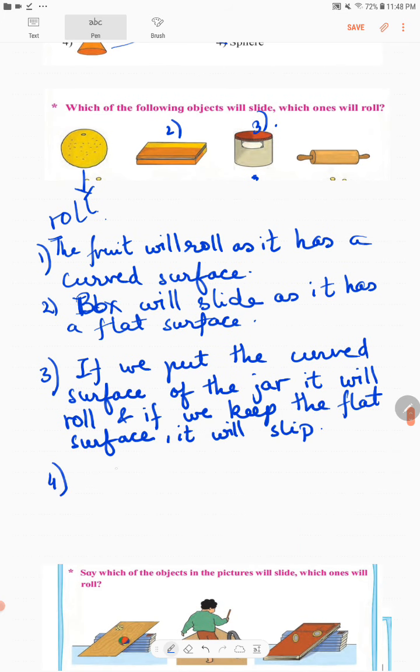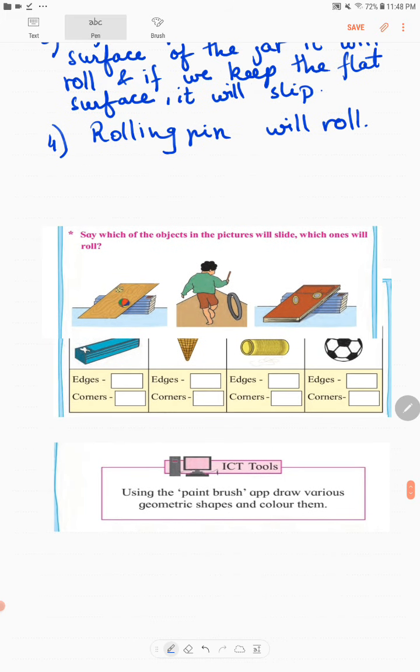Fourth one, rolling pin. The rolling pin will roll. Okay, so this is how you are going to write.